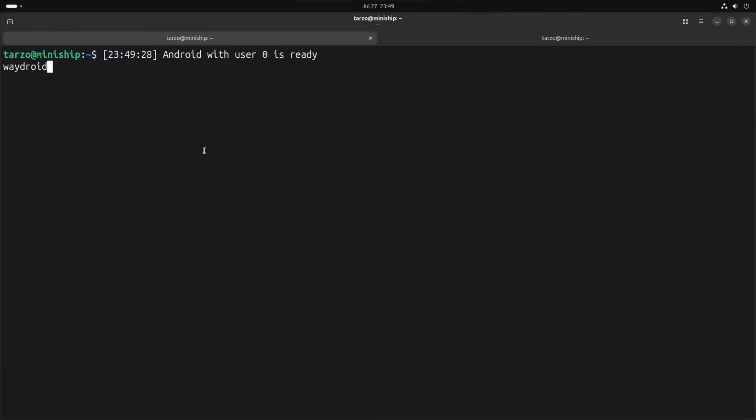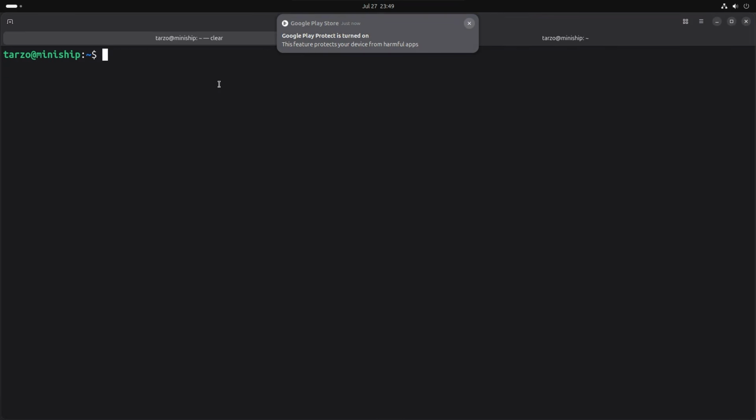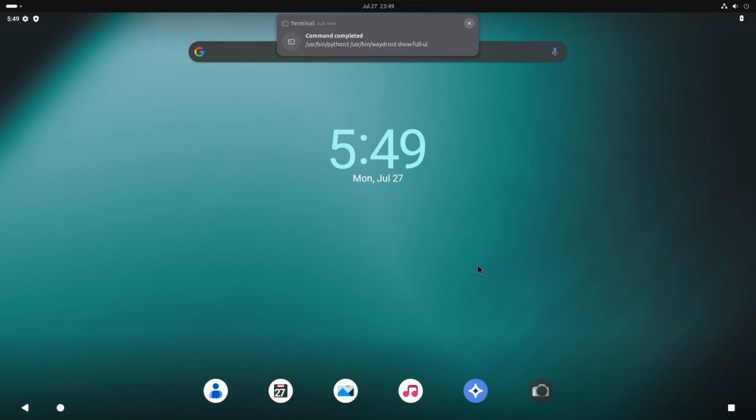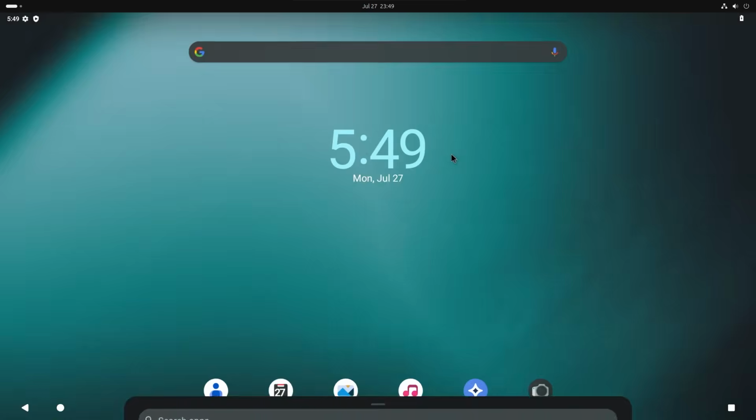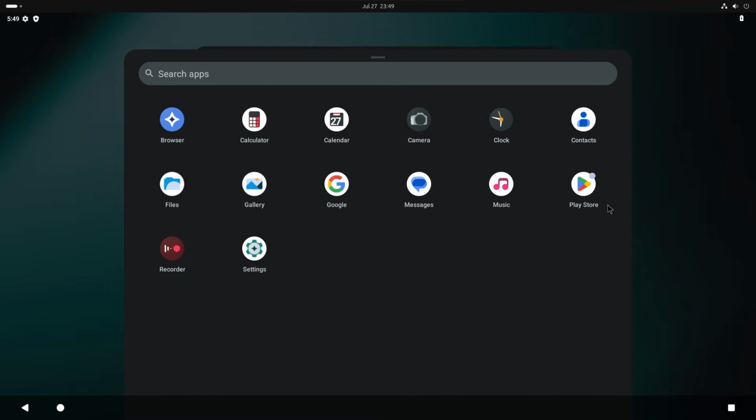Well, it still does show the output for waydroid. I'll clear this out first, it will get confusing. So I can do waydroid show-full-ui, and it will just show this one. This is what just booted up, and you can see it works like a normal system. Now in here,